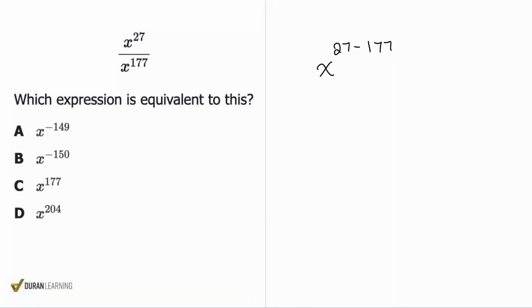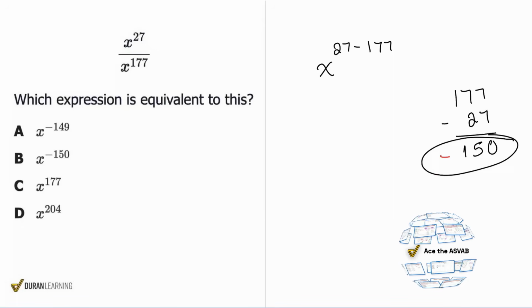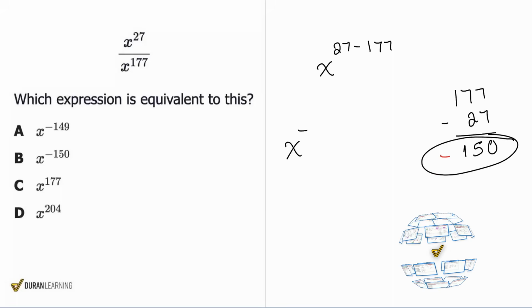And so remember, everybody, 27 minus 177 is the same as 177 minus 27. We're just going to make the answer negative. It's the same deal. So from here, check it out. 7 minus 7, that's going to be easy. 7 minus 2, and then 1. So it's a negative 150. So that'll be x to the power of negative